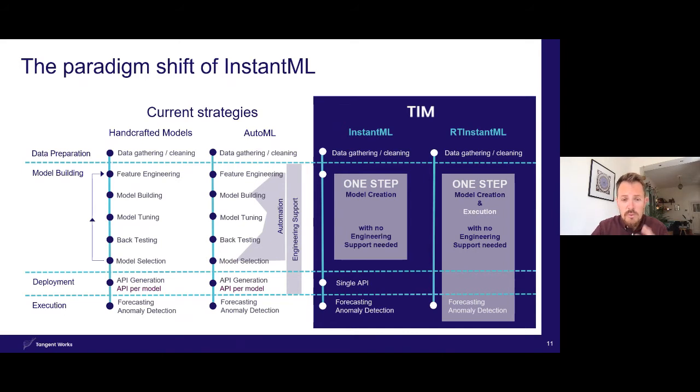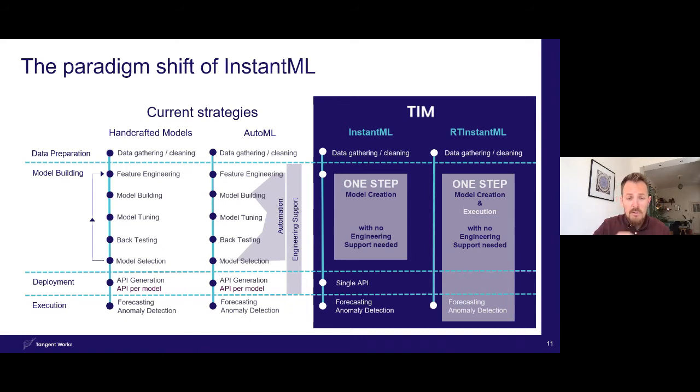Usually we see that to have one model in production with this approach, it takes a couple of days to a couple of weeks, making it not very scalable and quite expensive. So usually companies who do that, they only do that for the most important use cases, and they have a big budget for that. Now, we're not the only ones who saw that a level of automation there would help.